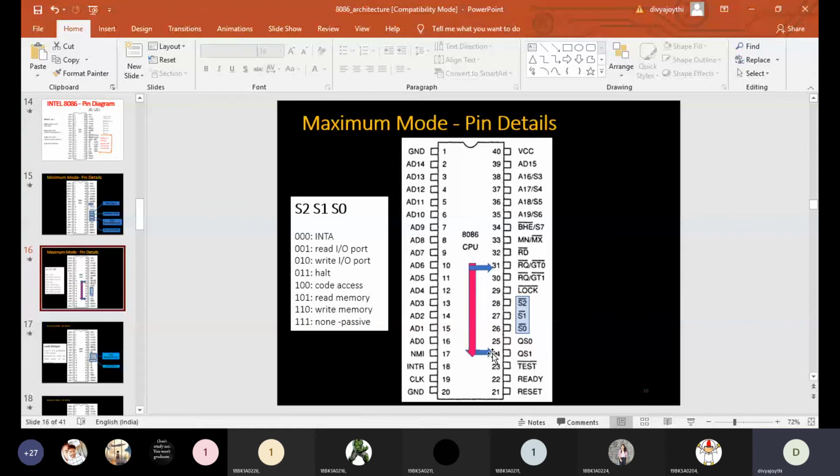And next, if both values are ones, that indicates that the subsequent byte is being executed, after the first byte, the next byte is going to be executed. That is the meaning of 24th and 25th. If both are 0, no operation. If both are 1, subsequent bytes are in execution. If one is 1 and another is 0, queue is empty. And if reverse, the first byte of the queue is in execution. That is the meaning of pin number 25 and pin number 24 inputs.